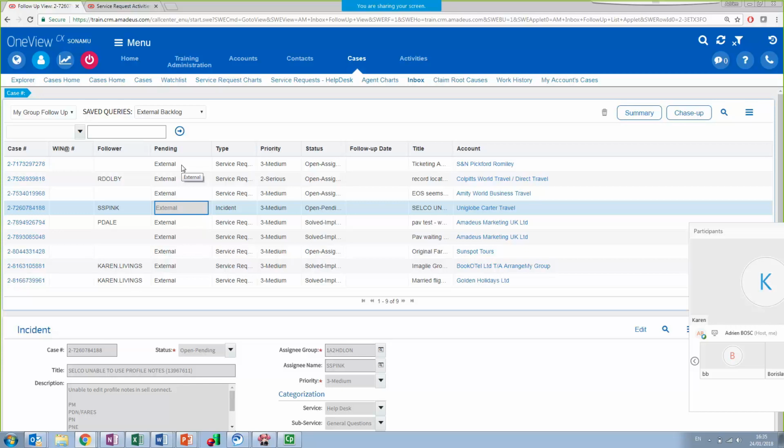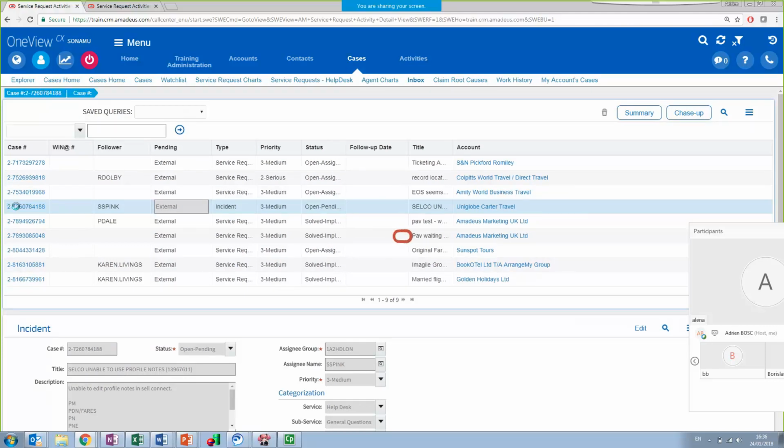It was just pending external, waiting on external, but in this case, I understand that you want the notification to be sent. This is why you have flagged waiting on customer. I will think about a solution to send the email, even though you do not have to flag waiting on customer.